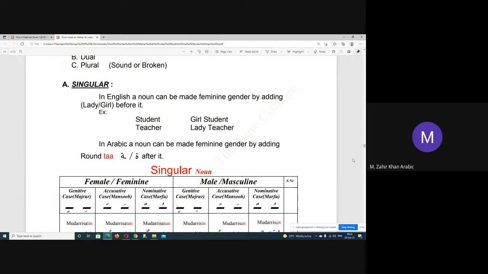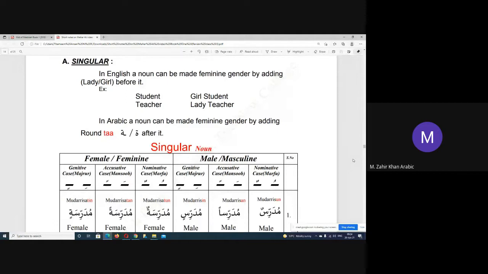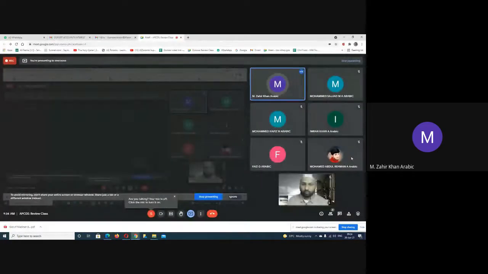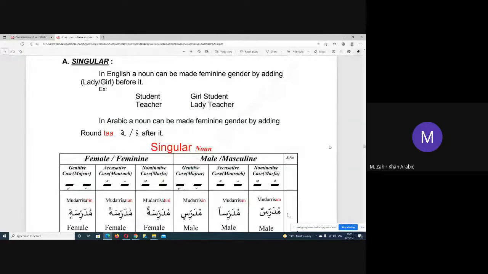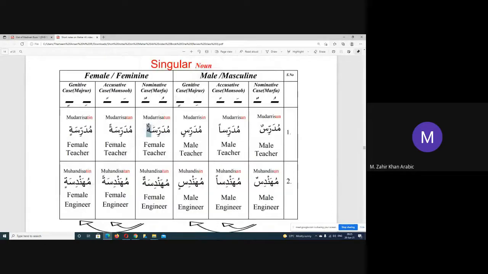So, one of the tas is used for naughty letters. So, you all know in Arabic there are 28 alphabets, in which 6 are naughty letters. What are they? Alif, dal, zal, ra, za, waw. Okay. So, for those naughty letters, we use the first ta marbuta, round ta. Okay, you can see.